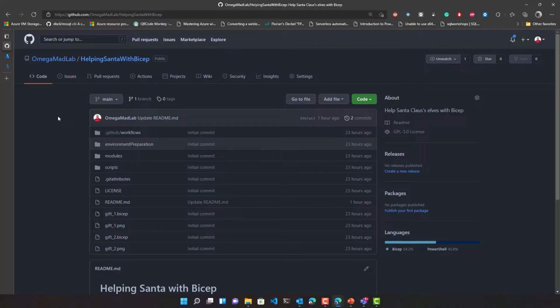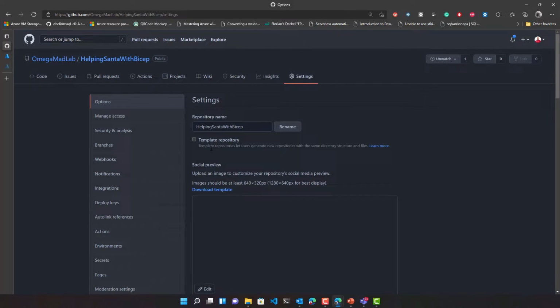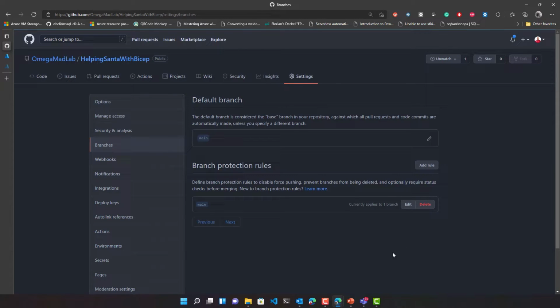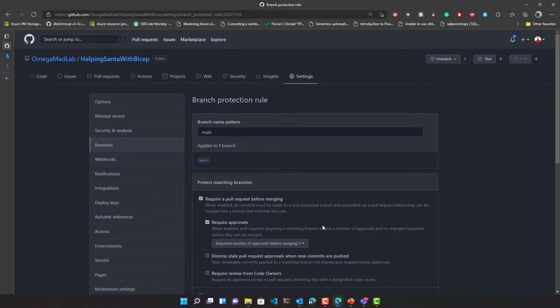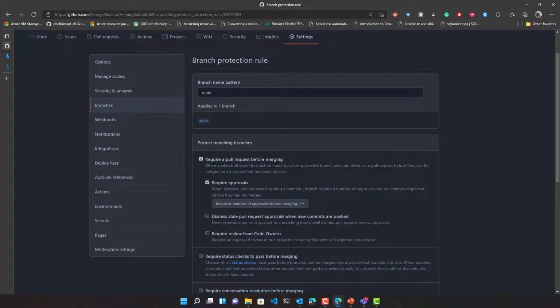As you can see here, we currently have only one branch, and let's have a look at the configuration of this repository. First of all, in the branches section, I defined a branch protection rule for the main branch that imposes a pull request with approval to merge into the main branch.